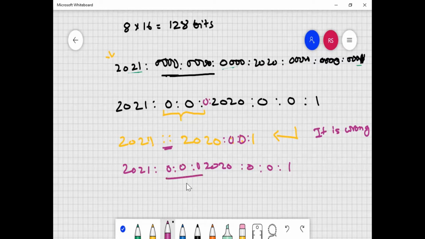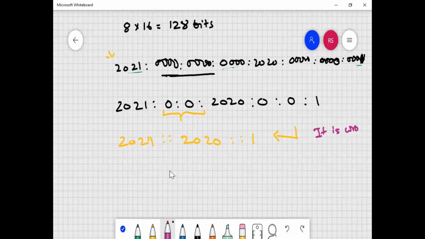So it can just accomplish the 3. But if you are putting double colon over here and over here, it doesn't understand how many zeros to put, or at which place. And that is the reason that you cannot put the double colon twice. You can put the double colon only one time, not 2 times. And that is the reason why I was telling you that it is a wrong thing.